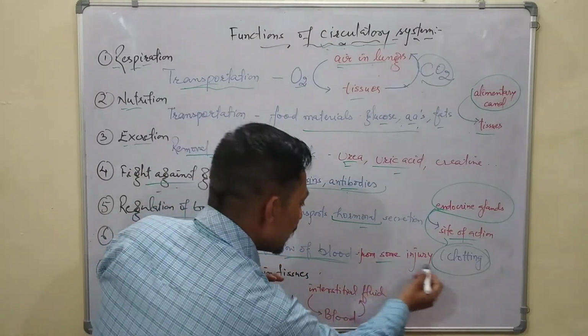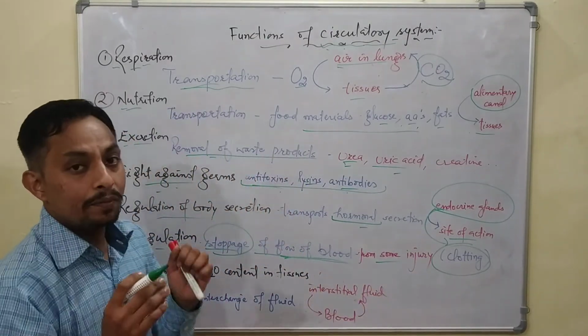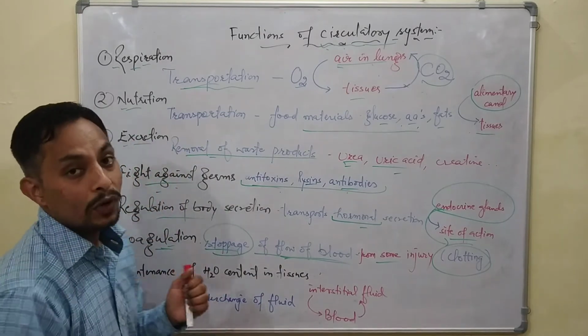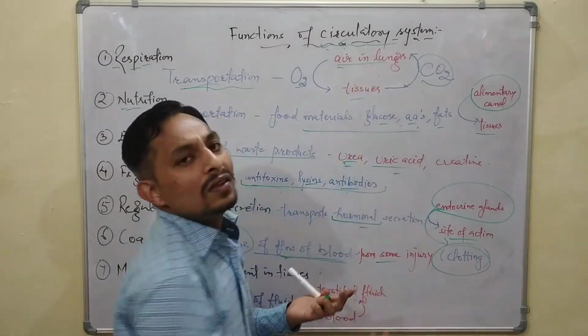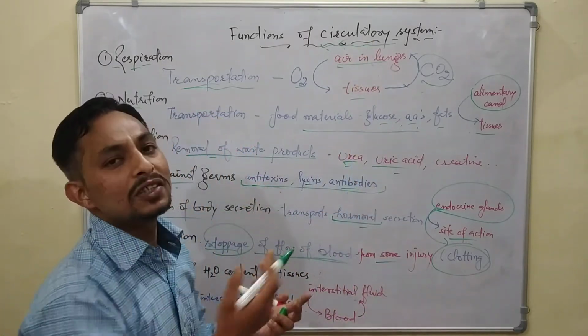So from any injury, if there is some flow of blood, it must be stopped, and for that there is a process called coagulation. Again, this process is related to the circulatory system, that is a function of the circulatory system